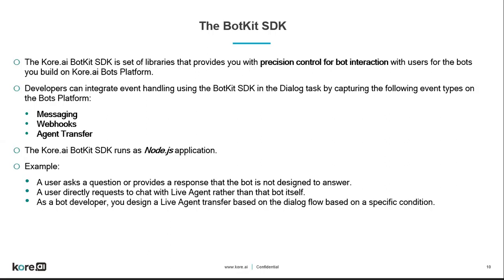when you want to integrate your bot with some other external applications, like maybe a live agent transfer, or some clients already have their own NLP. Okay, so they don't want to use our platform's NLP. So whenever an utterance comes from the user, they want to send this utterance to their own NLP engine, have that NLP engine identify the intent that is returned back to this particular layer, and from here the identified intent is sent to our bot for execution of the task.